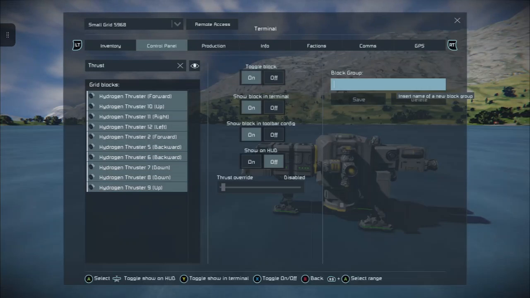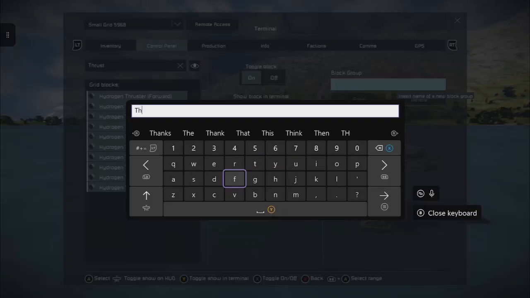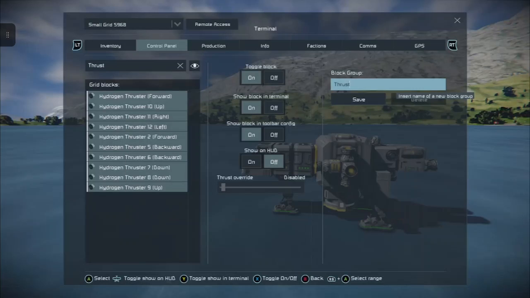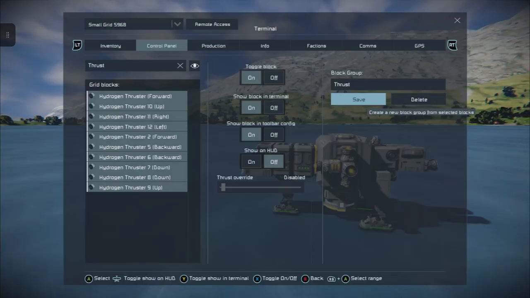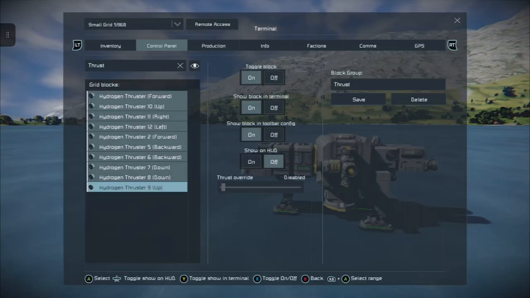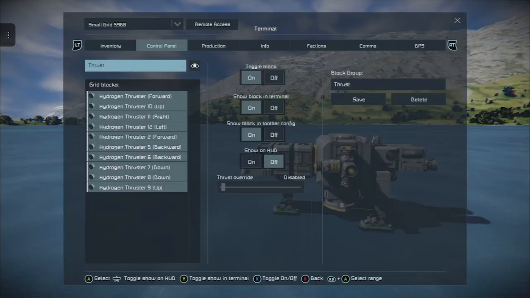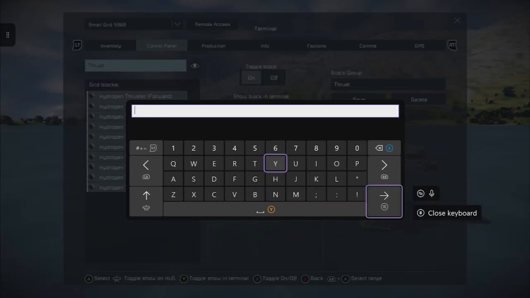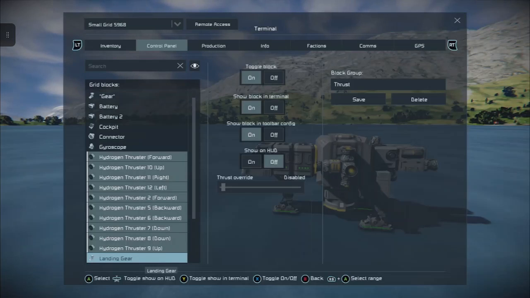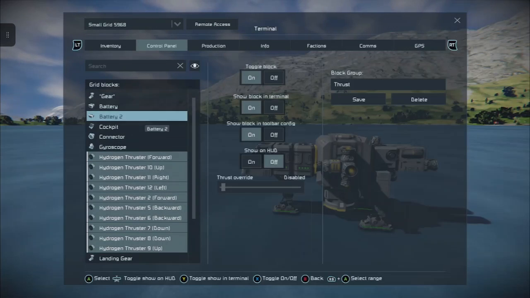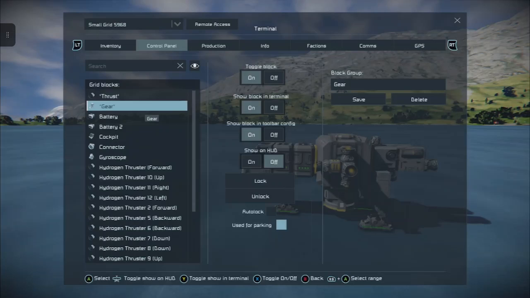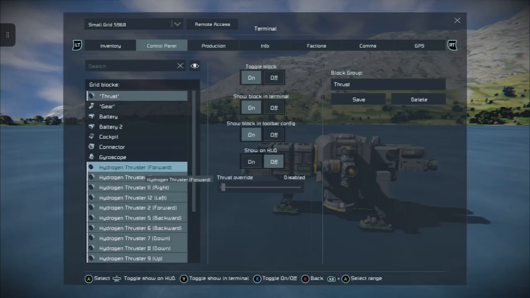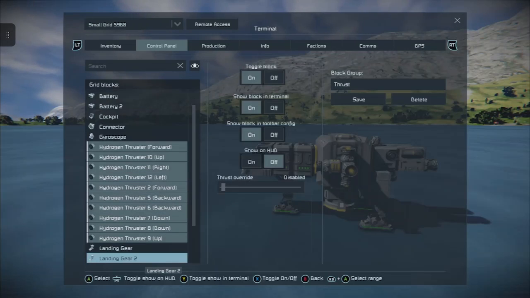Let's just do it again to make sure, because you want the thrust override to show, but you don't want to trigger the thrust override, otherwise your thrusters won't work properly. Clear that, and then if I bring my thrust up again, you'll see that my thrusters are all set.